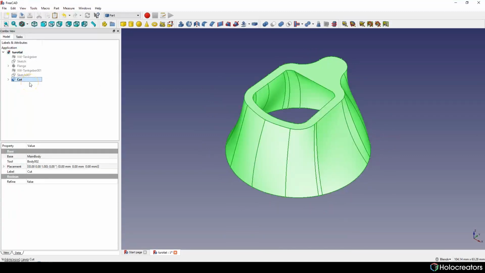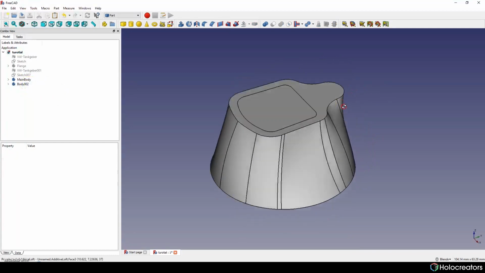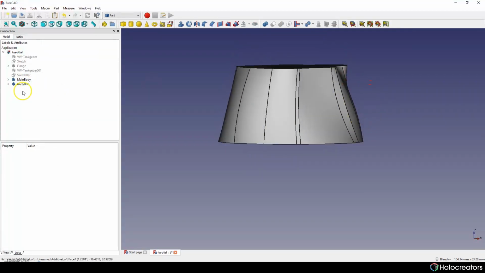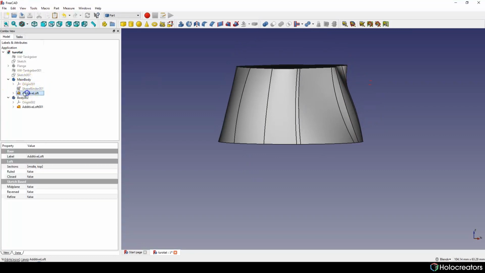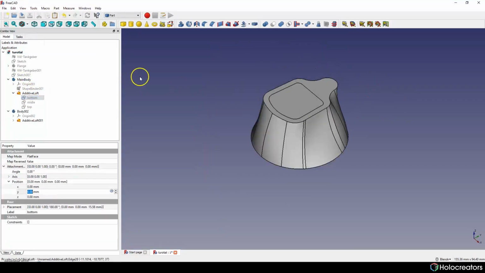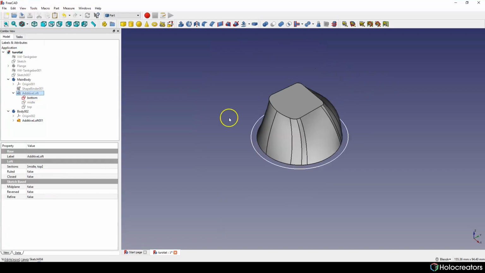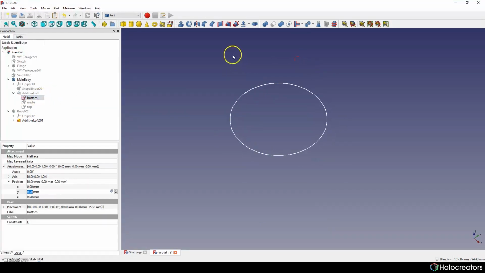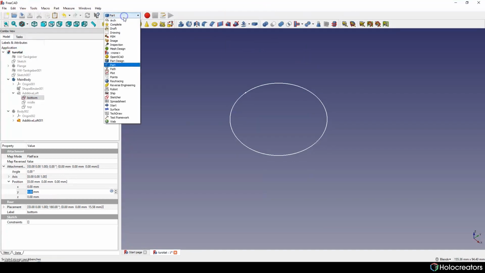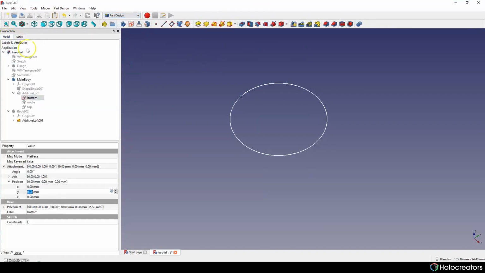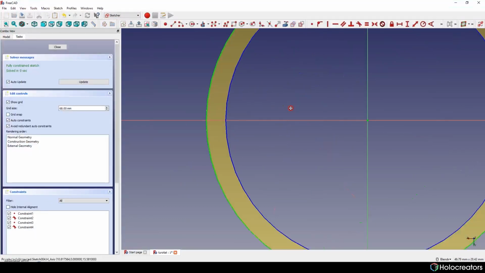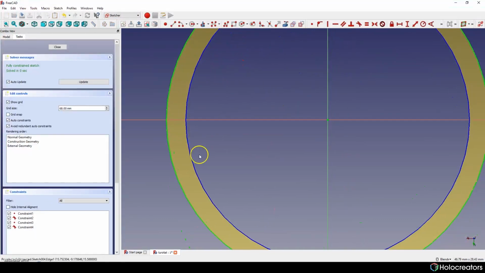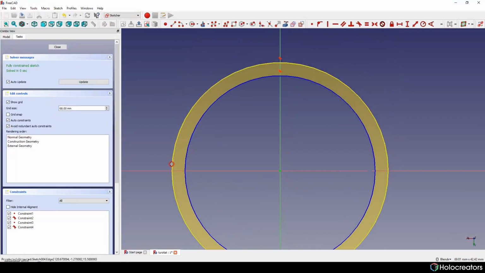It's basically we had to do everything that we have done before. We just had to split up our sketches in two parts, where we defined inner section and outer section.